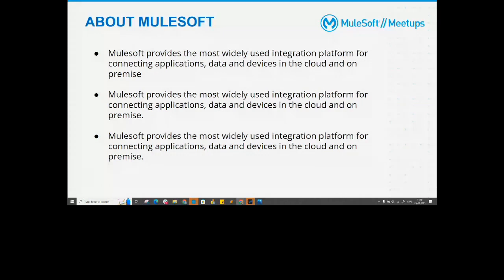So basically, I'll tell you the Mule mantra of MuleSoft. It is made from two words, Mule and Soft. Mule, as you all know, is a hybrid of horse and donkey, where donkey represents repetitive tasks and horse represents fast delivery. That is the mantra of MuleSoft.